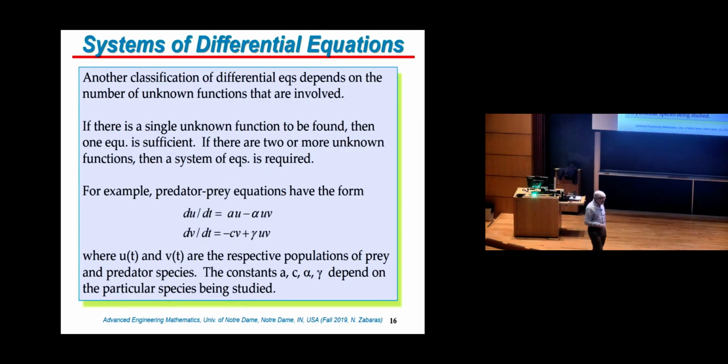And actually, this predator-prey model is an extremely important model to understand if you want to understand dynamical systems, right? So for anybody who works in robotics, etc., this is a standard model that you need to understand. And because you have a system of two equations, we may be able to use some linear algebra to solve it, okay? So eigenvalues and eigenvectors and the spectral theorem may come in handy for this problem.